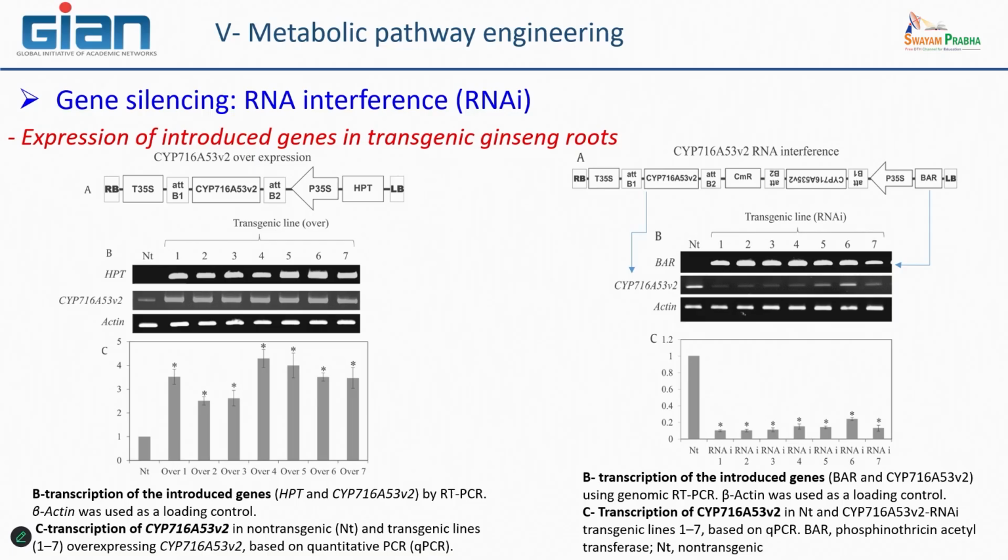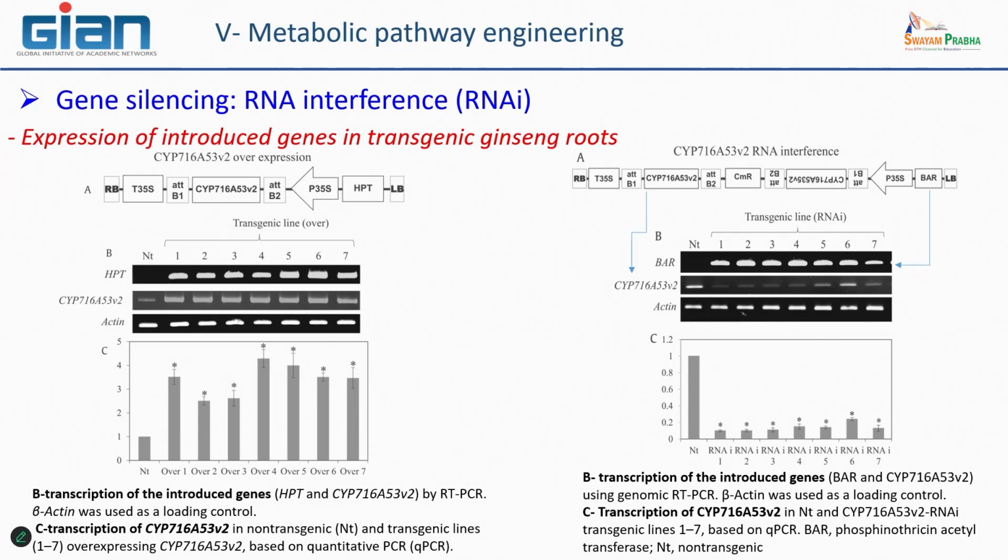This is important because, in fact, when you develop an RNAi strategy, all the plants you regenerate are not able to silence the genes completely. You may have a gradual effect of this system, which is very interesting because in this way you can see how modulation of the presence of this enzyme could have an influence on the total metabolic pathway at the end. So here you can see that some of the transgenic lines have no ability to produce any mRNA, while some others have the possibility to have some.